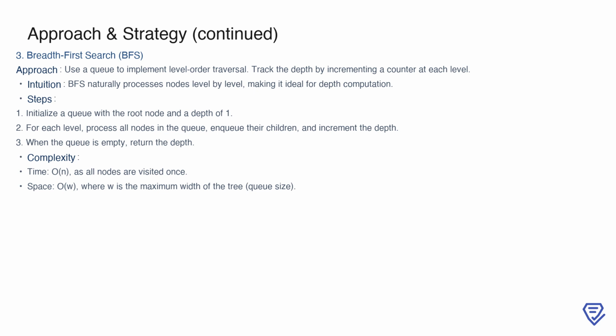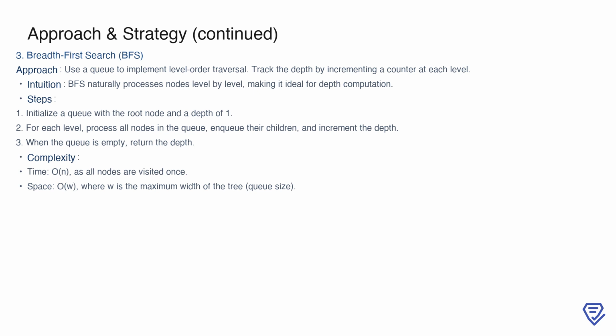Here's how it works. We start by initializing a queue with the root node and a depth of 1. For each level, we process all the nodes currently in the queue, enqueue their children, and increase the depth counter as we progress to the next level. When the queue is empty, meaning we've processed all levels of the tree, the depth counter gives us the maximum